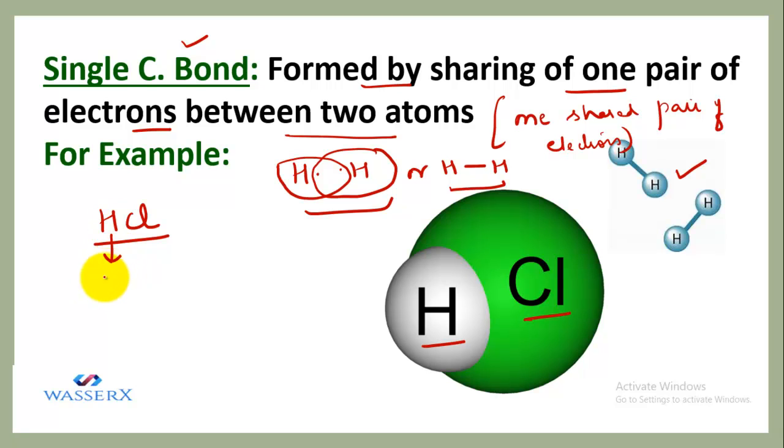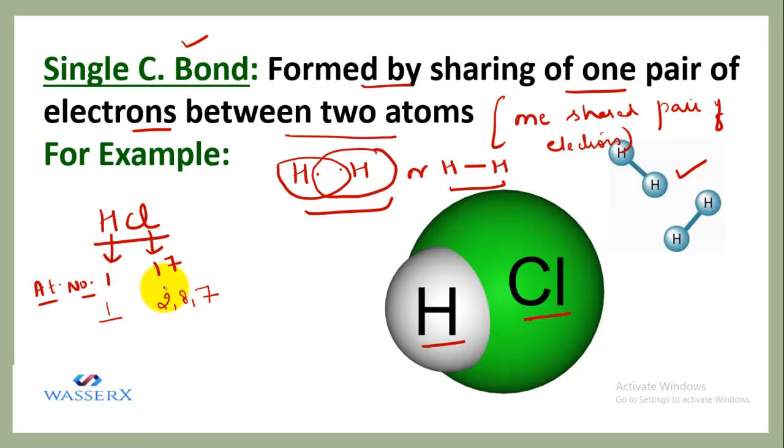Hydrogen's atomic number is 1. You are going to write the atomic number first. And for chlorine, it is 17. If we write the electronic configuration, this is 1, and for chlorine it is 2, 8, 7. Now, this is 1, right? We know that elements with valence electron 1, 2, 3 are regarded as metals. But hydrogen is an exception, because here hydrogen is not going to lose its electron; it will accept one electron in order to attain the duplet rule.